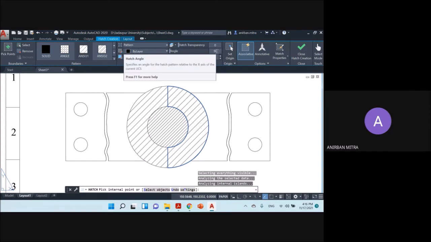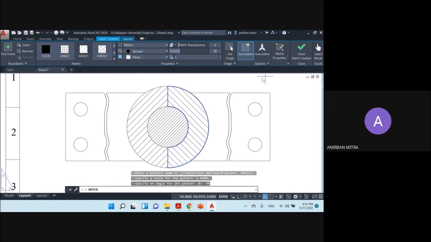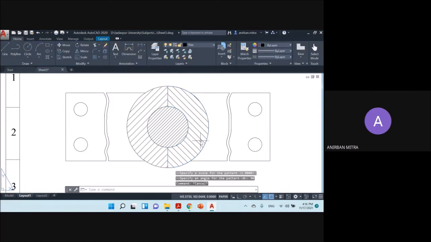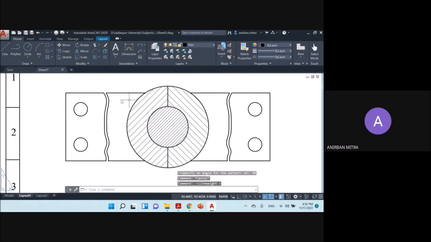If you make this hatch angle as 90 degree, then it goes in the opposite direction. You can switch on the line type scale and you can see that all the object lines are thick lines and these hatch lines are thin lines.